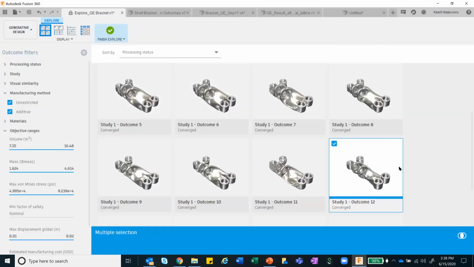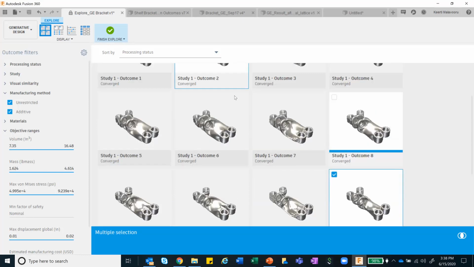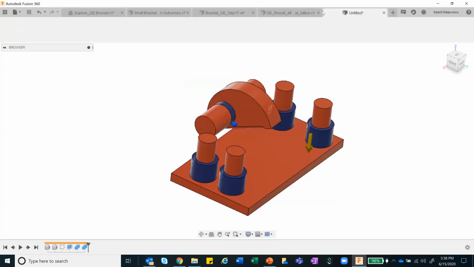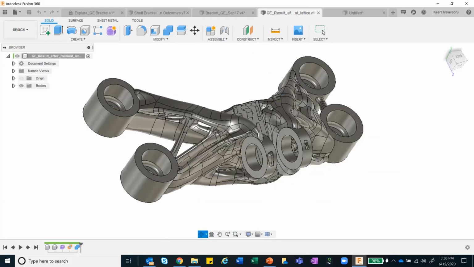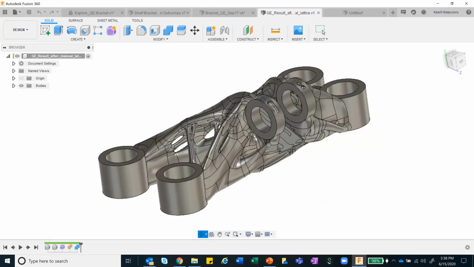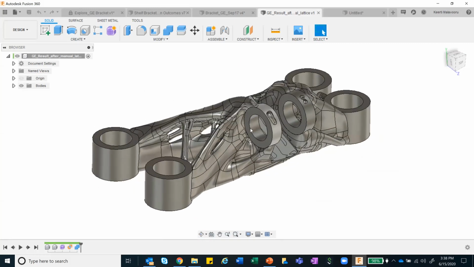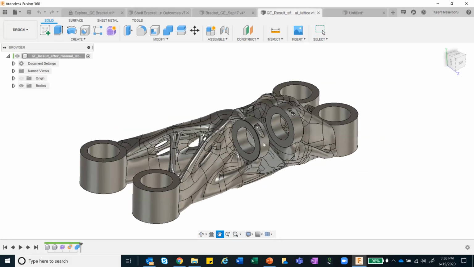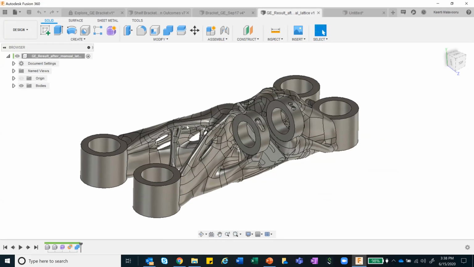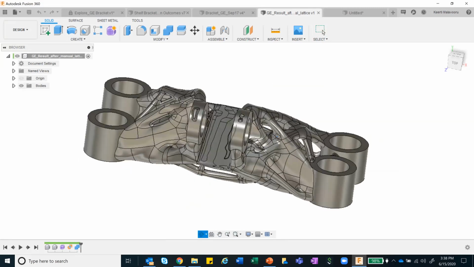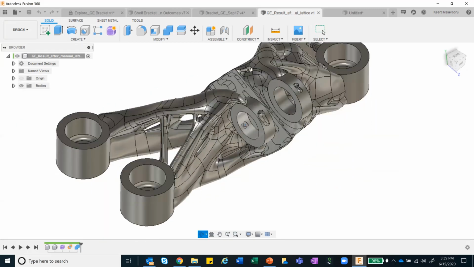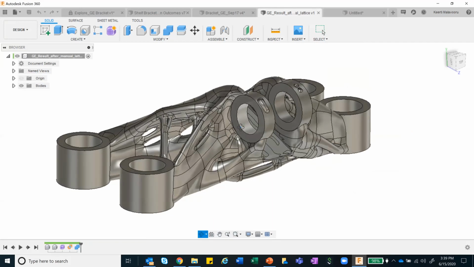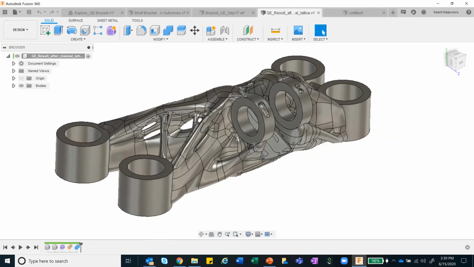And finally, once you have drilled down on the design that you are comfortable with, you can go ahead and output a design which looks like this directly into Fusion. Now this is a CAD ready output. So either you can directly take it into the printer and print it, or because it is available as a CAD file, I can go ahead and do some kind of operations to do certain cleanup of the model and make it much more manufacturing ready.